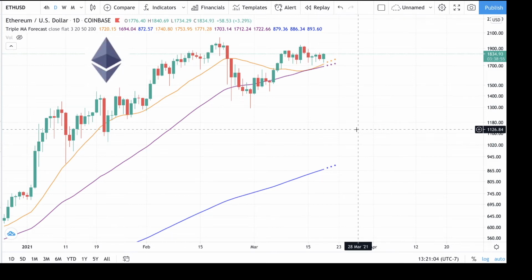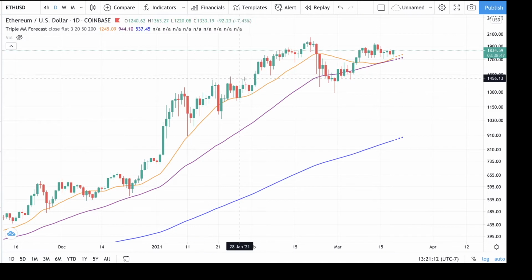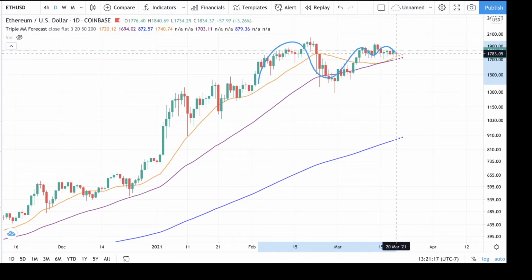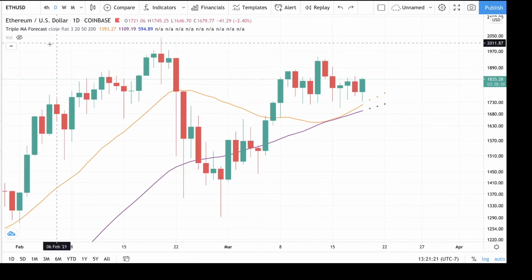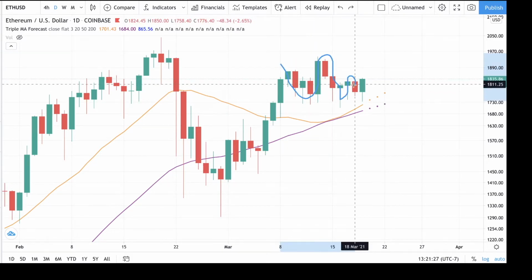Today we're going to analyze Ethereum versus US dollar. What you're looking at here is a daily chart, and what you might notice by now is that the volatility in general is actually dropping, and we're starting to consolidate a little bit. If we zoom in a little closer, you'll also notice that we're coiling up tighter and tighter here in the last couple of days, which usually points to an upcoming